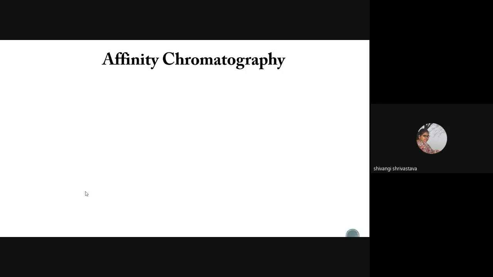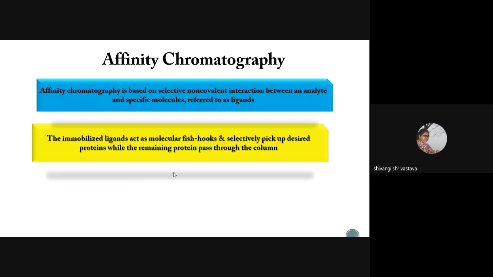After gel filtration, there is affinity chromatography, whose principle is the same as ion exchange. In ion exchange, we use ions on the stationary phase, but in affinity, we sometimes use ligands when we are purifying receptors. We can attach to the stationary phase a substrate for enzyme purification, and sometimes we attach the antigen for antibody purification. So what is that? Affinity chromatography is based on selective non-covalent interaction between an analyte and specific molecules referred to as ligands. Here is the example of a ligand, but you can correlate this example with enzymes as well as antibodies. The immobilized ligands act as molecular